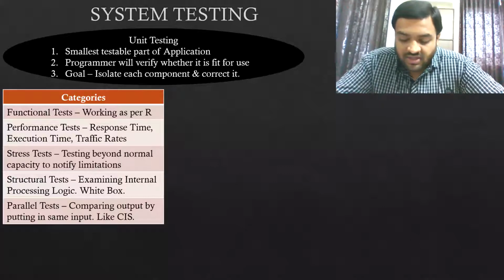Now tell me, which CAD tool does parallel testing or parallel evaluation of processing? Tell me, what are the CAD tools? Name the 5 CAD tools.